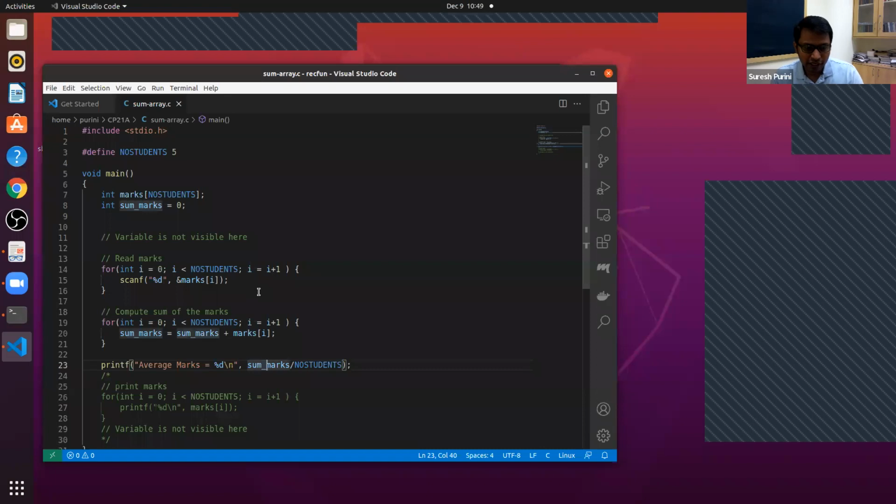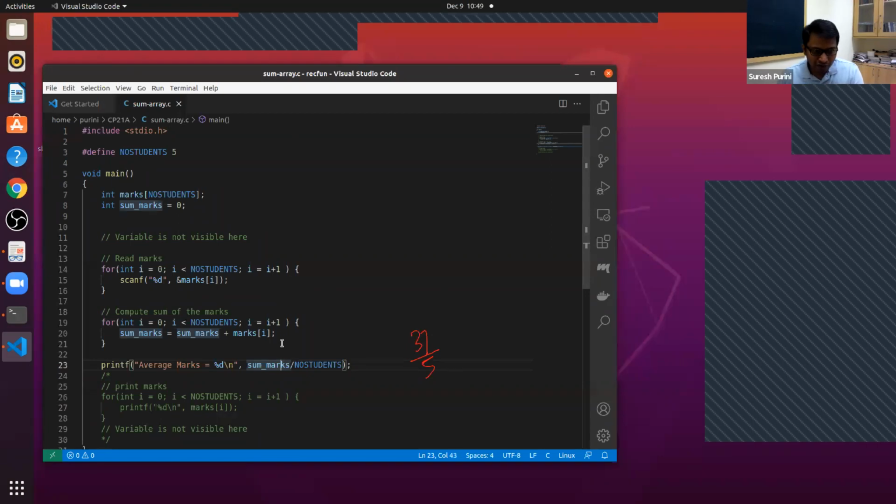The problem here is when you divide the sum, 37, by 5, we get 37 divided by 5. When you divide an integer by an integer, the decimal part is truncated automatically. I want all of you to pay attention: when you divide two integers, the decimal part is automatically ignored.